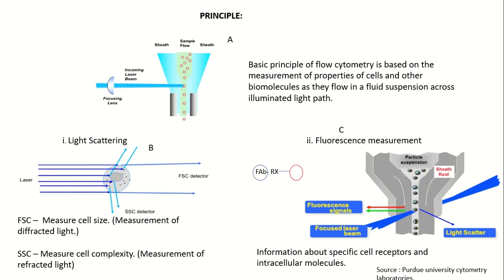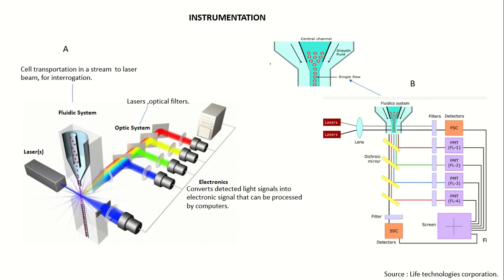So with this basic principle of flow cytometry, now we have to see how these three aspects can be detected, how these cells are first maintained in a single stream, how they are excited, and how the detection is done. The overall instrumentation comprises three systems, including the fluidic system. In figure A, as you can see, this is the system responsible for maintaining a streamline flow, or a single flow, of cells.